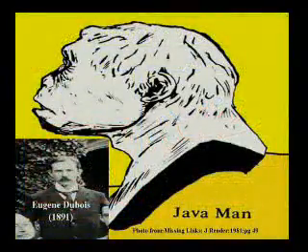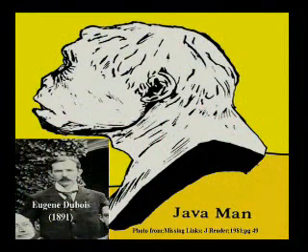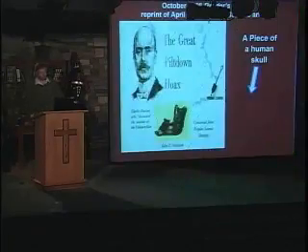This is Java Man. It was probably the first major supposed missing link found by Eugene Du Bois in 1891. They had found the skull cap of an ape and the thigh bone, the femur of a human. They were found in the same general area, and thus was born Java Man. They failed to point out that humans in the area ate brains all the time, so finding the skull cap near a human bone was nothing spectacular.